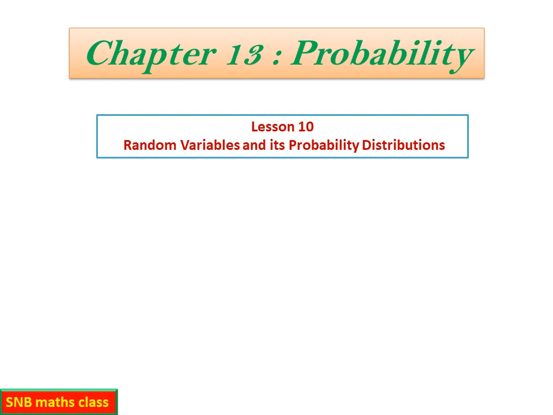So far we have been studying conditional probability and the concepts related to it, for example the product theorem, then the total probability theorem, and the last one, Bayes theorem, and we have solved the questions related to conditional probability only. So it is up to lesson 9. Now in lesson 10 our journey is in a different direction. In this lesson we are learning a new concept, that is random variables and its probability distribution.